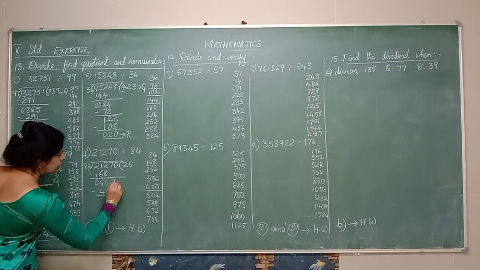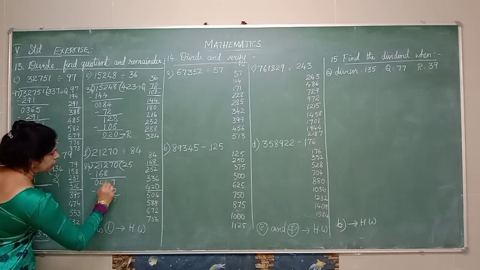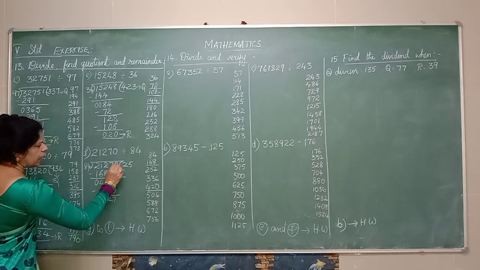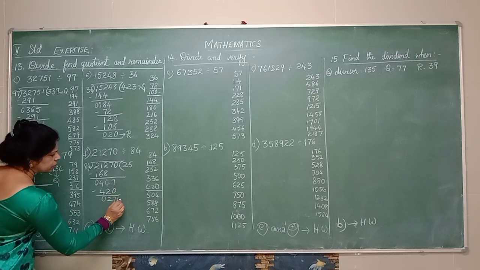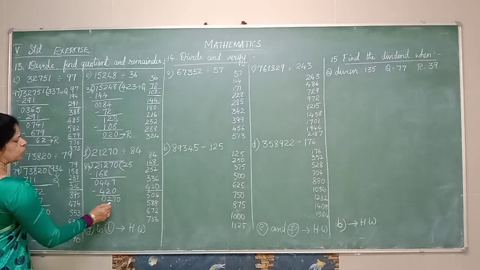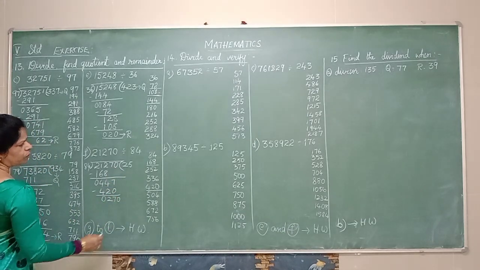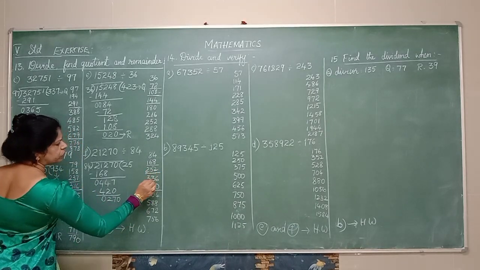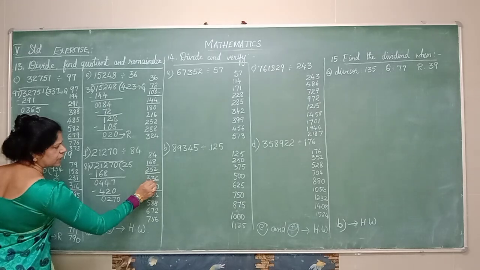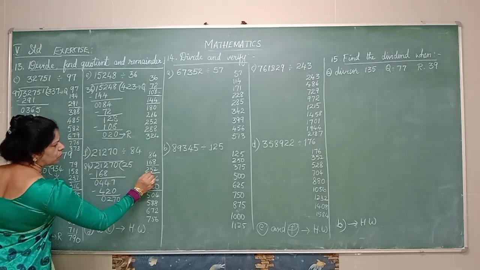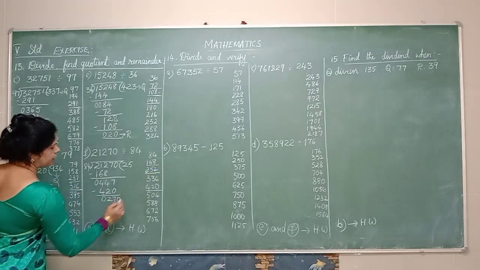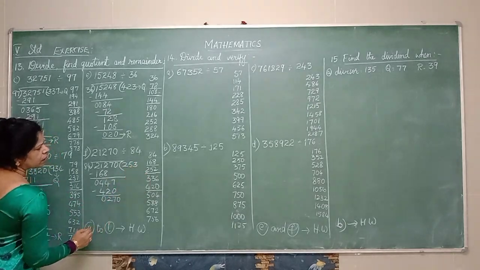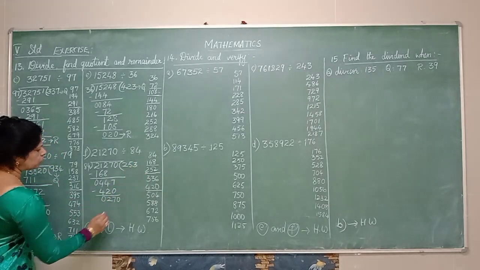420 minus 7 minus 0 is 7. 4 minus 2 is 2. 4 minus 4 is 0. Bring this 0 down. Now it is 270. So where does 270 come? See, 270 will come between 252 and 336, isn't it? So now you have to go for this number. 1, 2, 3. 3 is up. 252.